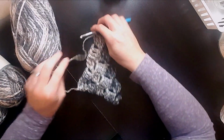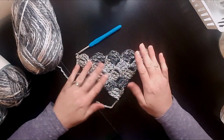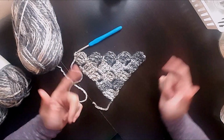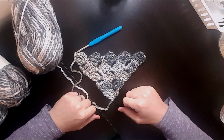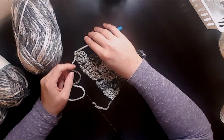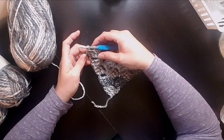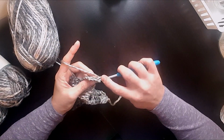Okay, now we have 5 boxes right across the top. 2, 3, 4, 5 boxes. So now we're going to start decreasing, which the first row is going to be a regular decrease like you would do with corner to corner, because at some point you usually want to make it square again. So to do that, since we're already going this way in our stitches, we're going to turn the work around just like that. I'm going to slip stitch right into that first